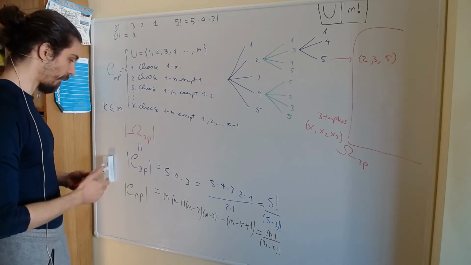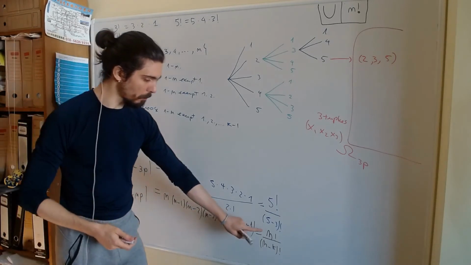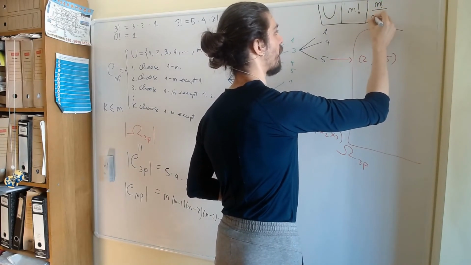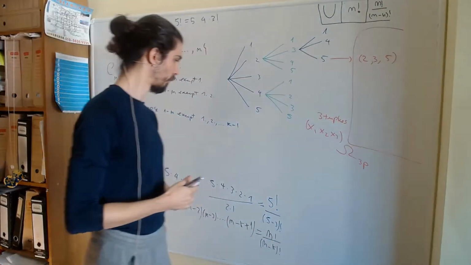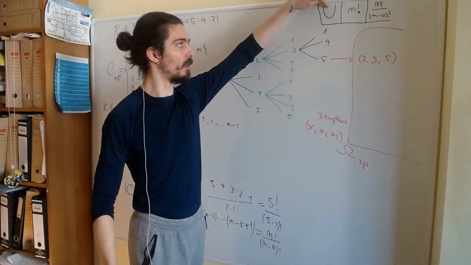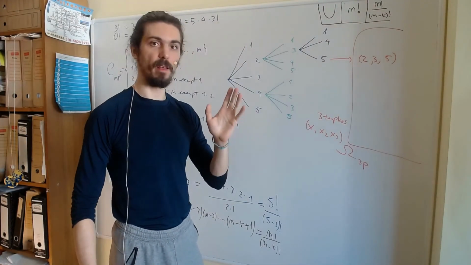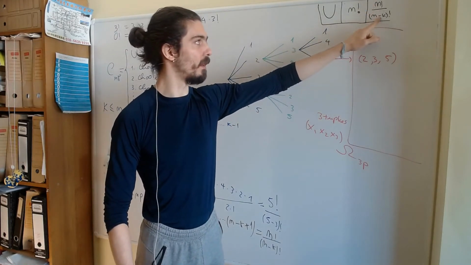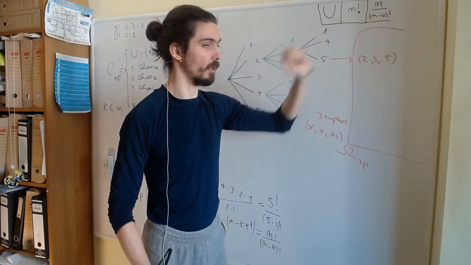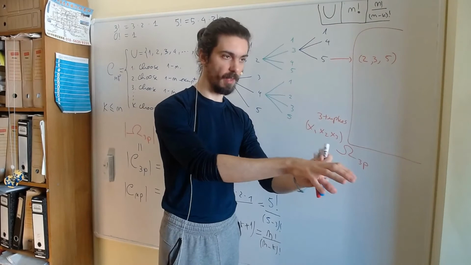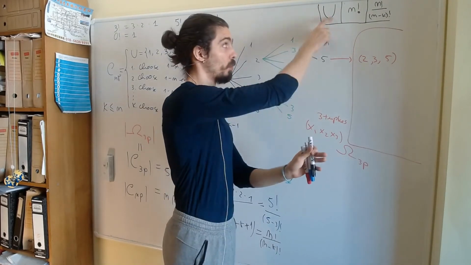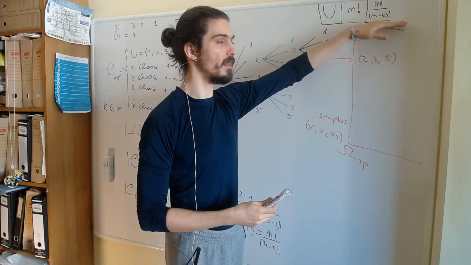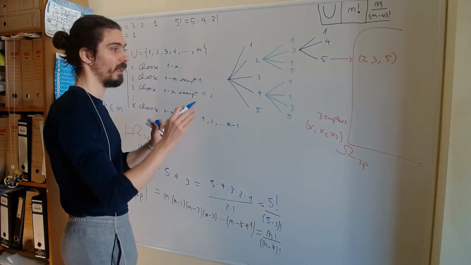Okay? And let's give a conclusion to this, because what does this number mean? Let's add it to our list of important calculations: n factorial divided by n minus k factorial. What's the conclusion? If you start with a set U with n distinct elements, it doesn't matter whether they are letters or numbers, this number n factorial over n minus k factorial means that you are taking from this set U k elements, and then putting them in a particular order. You see? This is the number. The correct name for this is